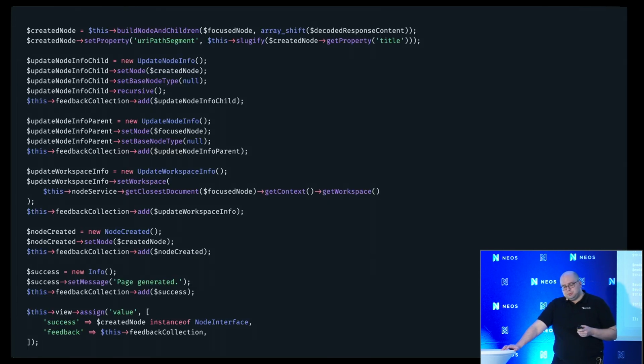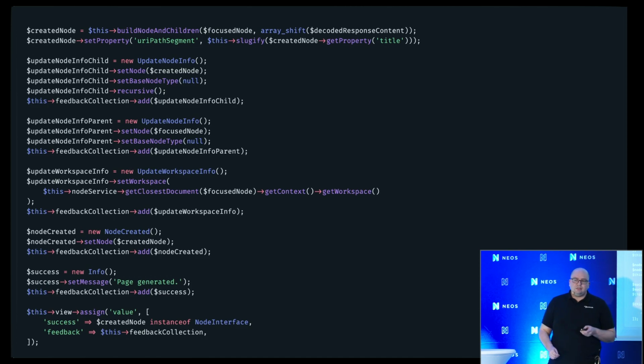Then the next step is some code which comes from the Neos UI, because from here on I wanted to generate some kind of server response, which can then also be used in the UI to handle everything like in a normal creation dialog.